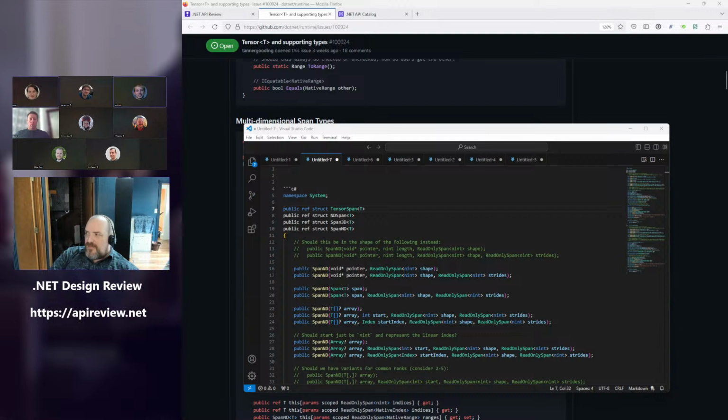Right, but we also have an existing memory type. And so using the term memory again there could be confusing, because Memory of T works differently than Span of T. Kind of exactly. I mean, that's kind of my point, though. Right, but if tensor is supposed to be able to track native or managed, that suggests it's going to be disposable. And single-dimensional memory is not disposable. And that feels like a weird... What do you mean it got disposable when it gained a dimension? Tensor doesn't look to be disposable.